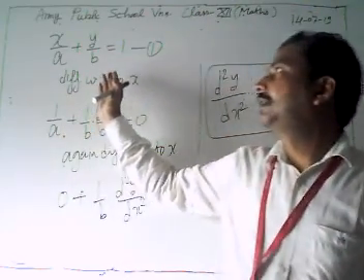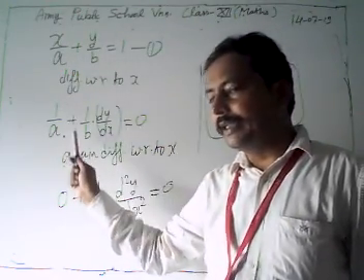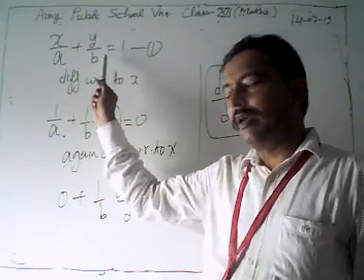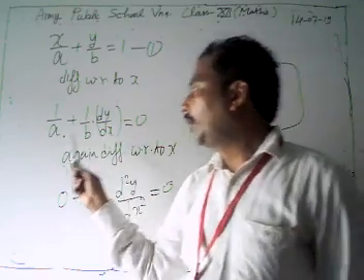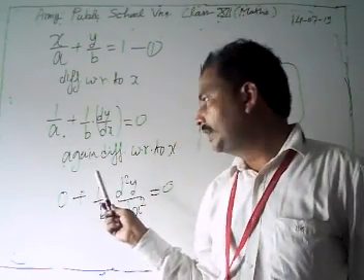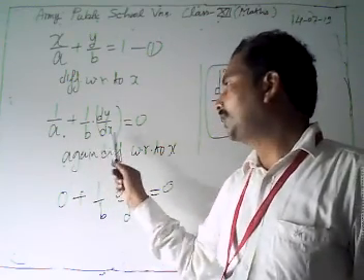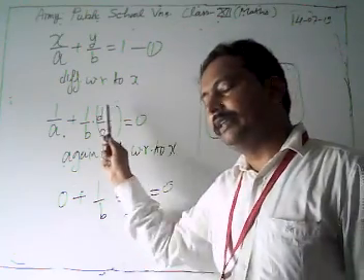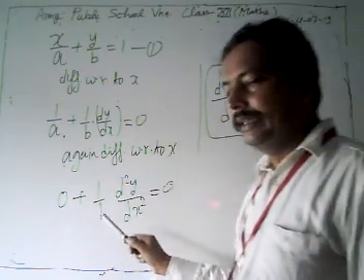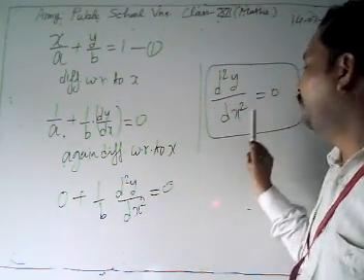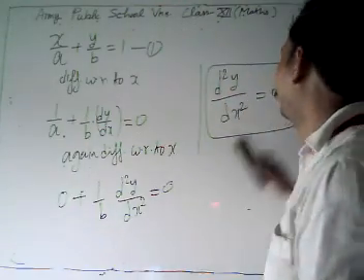We have the curve x/a + y/b = 1. Differentiating, we get 1/a, and the derivative of y/b is (1/b) dy/dx, and 1 is a constant so its derivative is 0. Now we differentiate again. The derivative of 1/a is 0, and 1/b is constant, so we have d2y/dx2, since the derivative of dy/dx is d2y/dx2, equal to 0. Since b cannot equal 0, we have d2y/dx2 = 0. This is our differential equation for the curve x/a + y/b = 1.